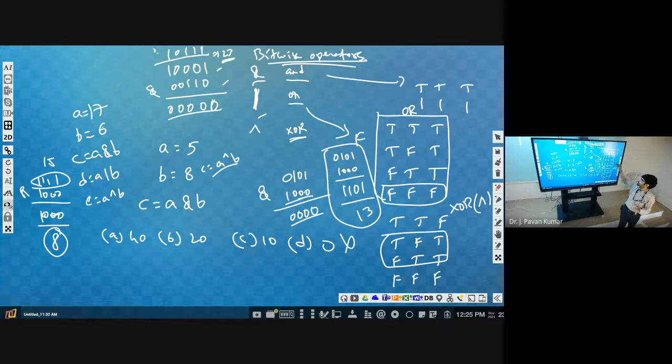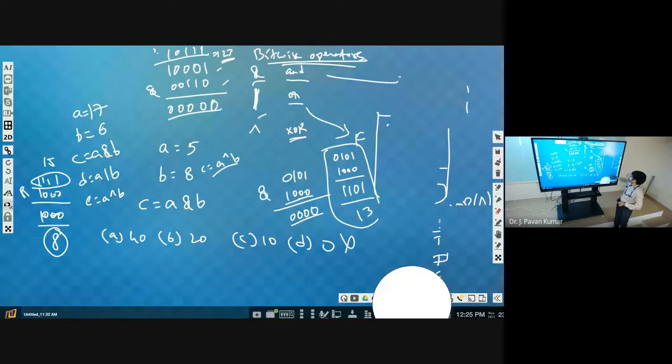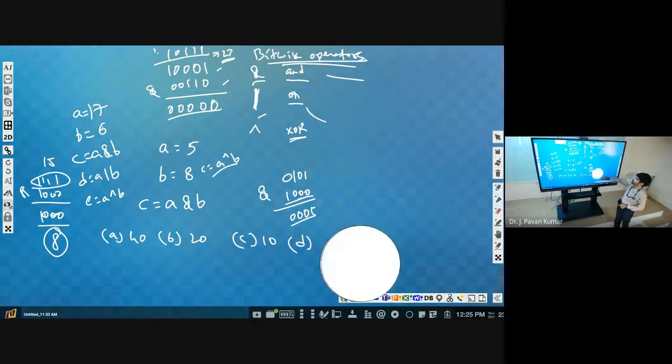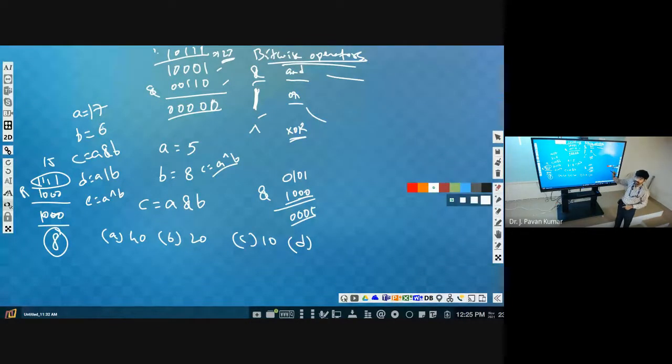Just as a last point, in some programs we have seen sum is equal to sum plus I. Have you seen this kind of statement?